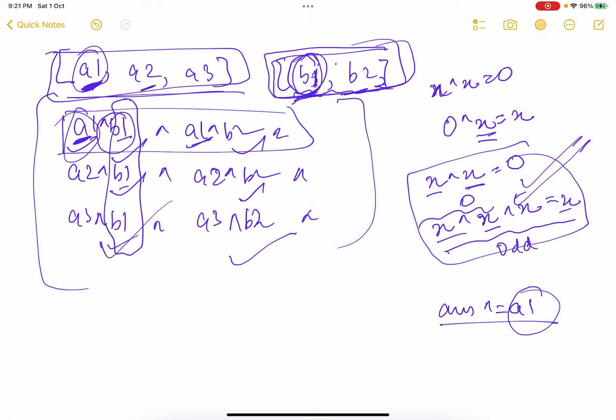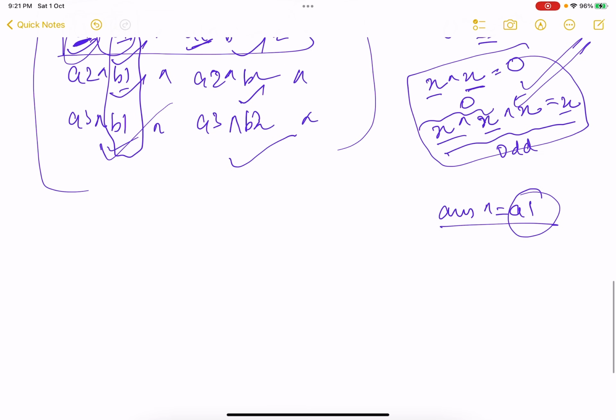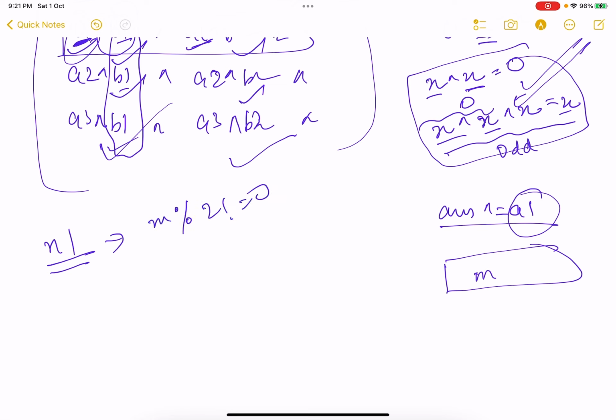So what we will do, we will traverse the arrays, and for every element of the first array, we'll check the number of elements in the second array. Let's assume the number of elements in the second array is m. So if m is odd, then you do answer XOR equals to nums1 of i for all the elements i.